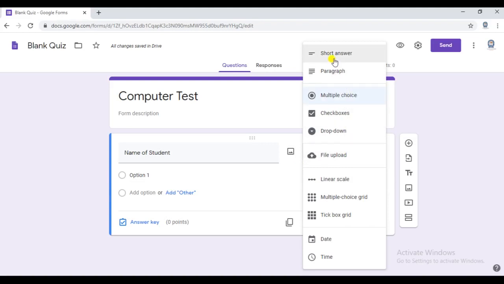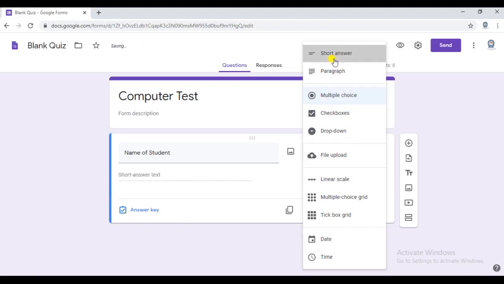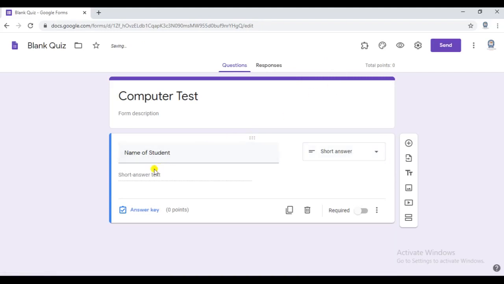A short answer text will appear here, where the student can type their name. Then you have to turn on the required button. Simply drag this button over here and you will see the required field gets highlighted.